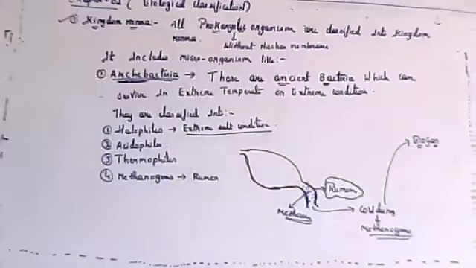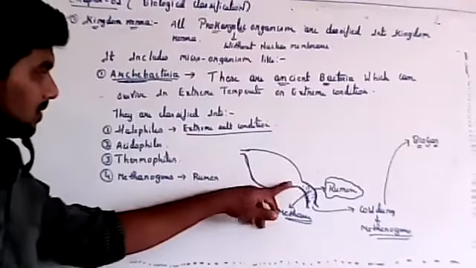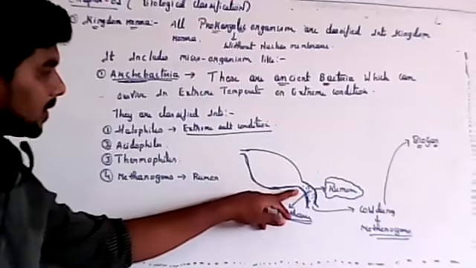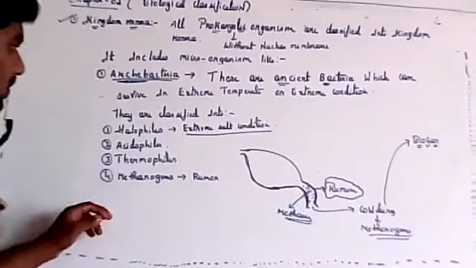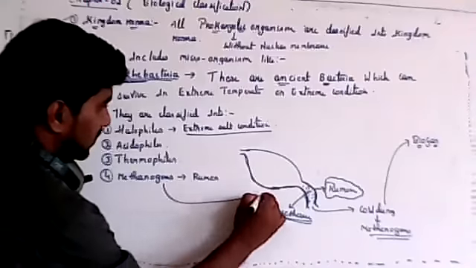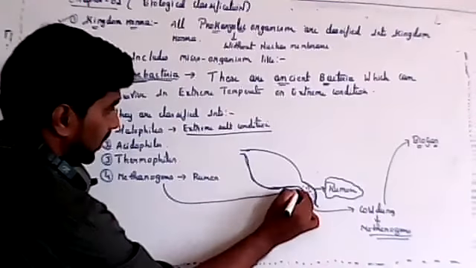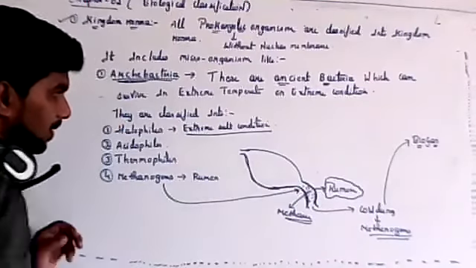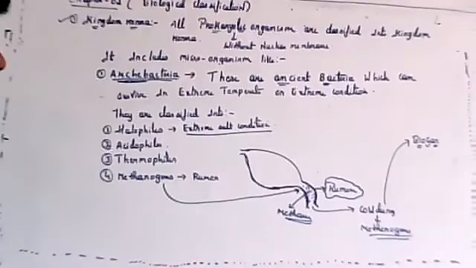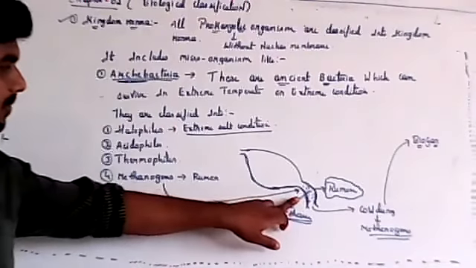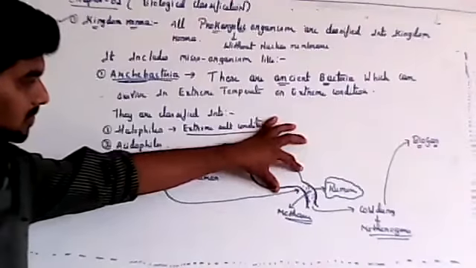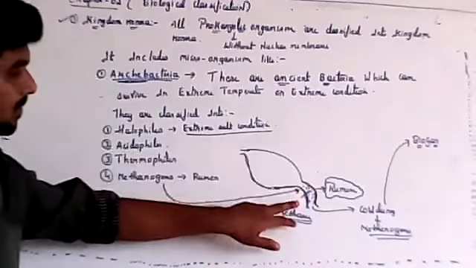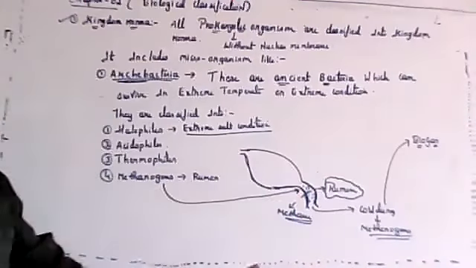So from the rumen of the cattle, there is archaebacteria called methanogens. These methanogens are nothing but archaebacteria, so they don't belong to bacteria. They belong to archaebacteria. They are present in the rumen of the cattle. Rumen means next to the stomach, the starting part of the small intestine is called rumen.